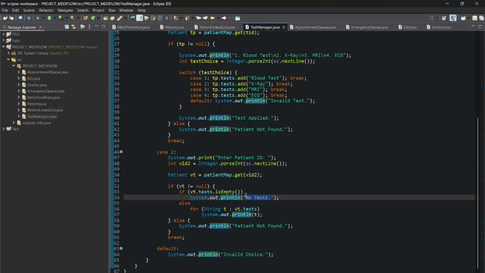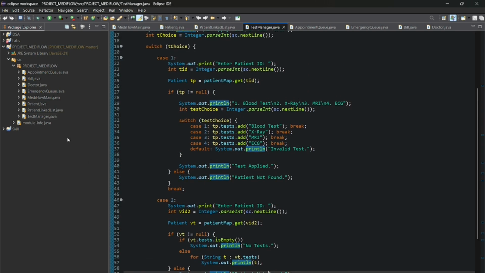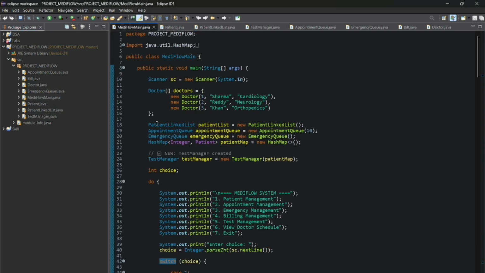And if the patient ID is wrong, it displays patient not found. Now let us move to the next module, which is MediFlow main. In the main method, all the different modules that we created, for example, appointment queue, bill, doctor, emergency queue, and all others are used. Here we create all the objects of different modules and call each and every method created